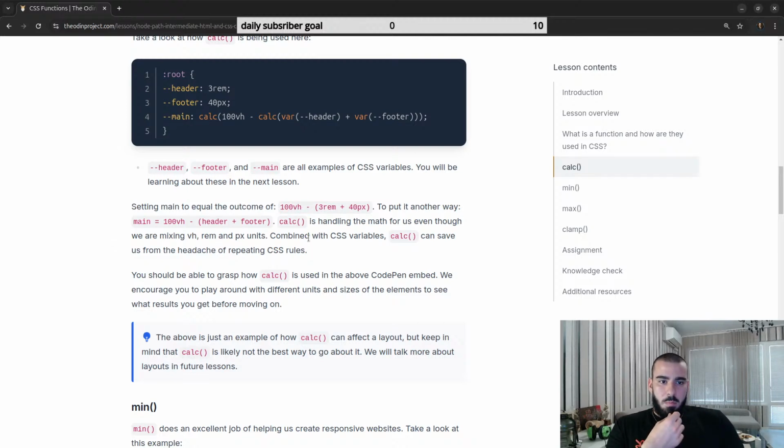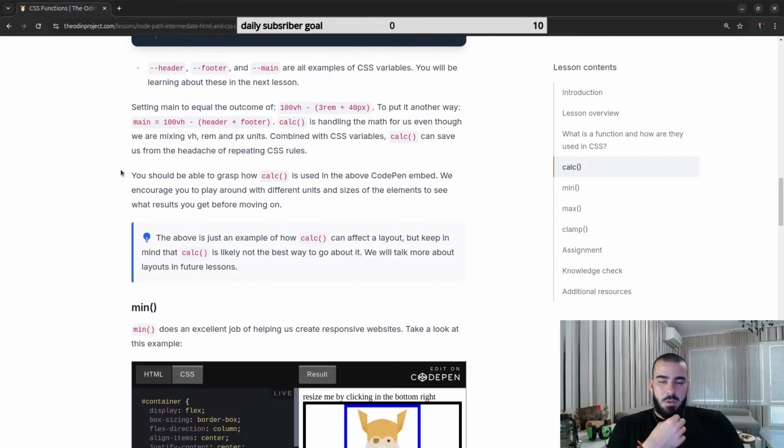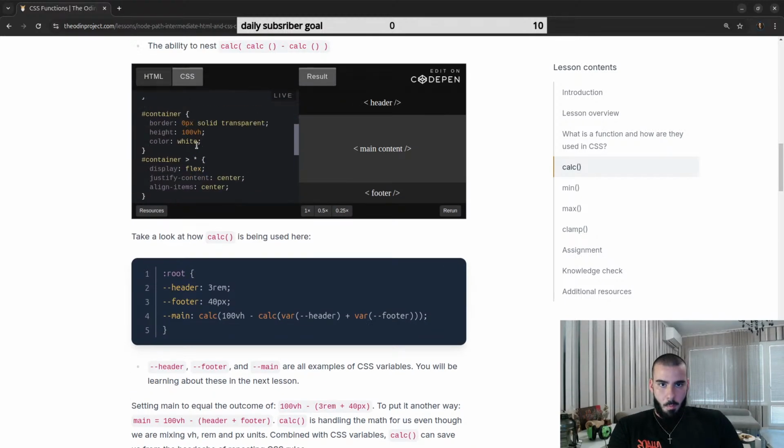Even though combined with CSS variables, calc can save us from the headache of repeating CSS rules. You should be able to grasp how calc is used in the above CodePen embed. We encourage you to play around with different units and sizes of the elements to see what results you get before moving on. So if you say here, for example, 90,